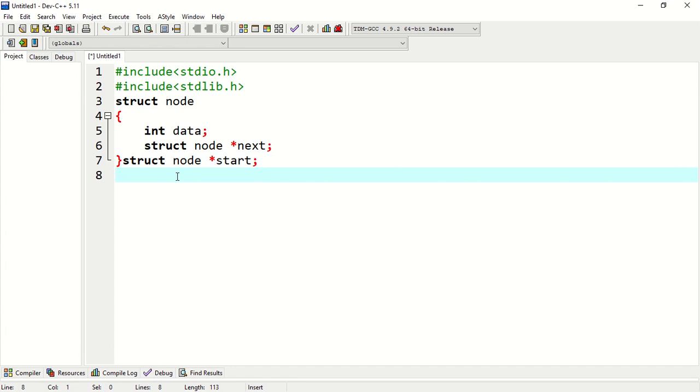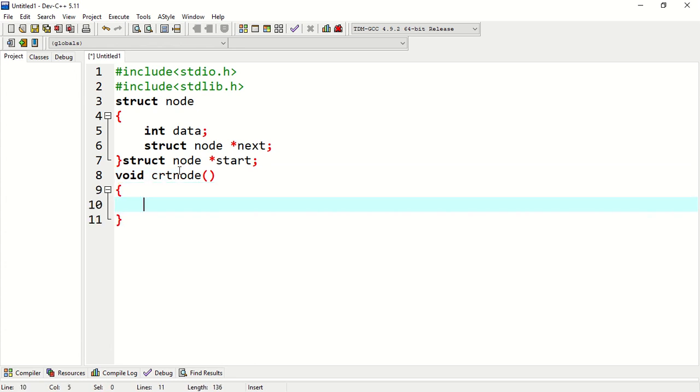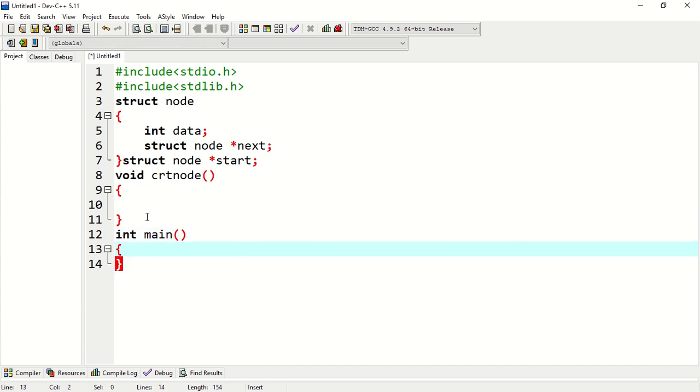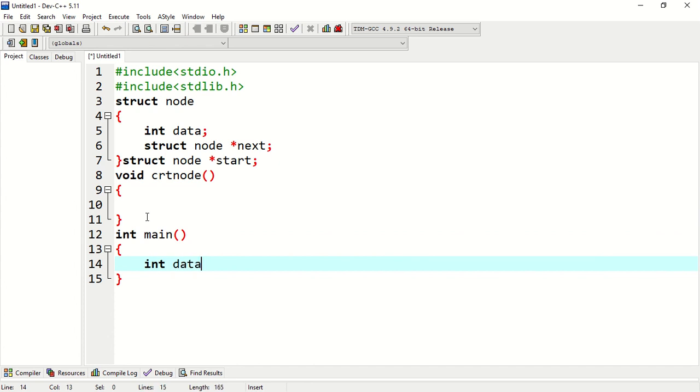Then we create a function, void create node. We are making a basic function, and we take a data part, int data, or we will take a value in that created node, don't worry about that.